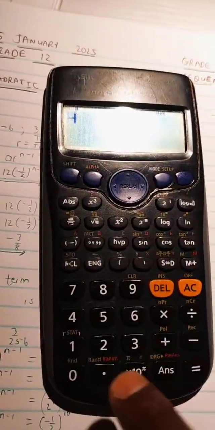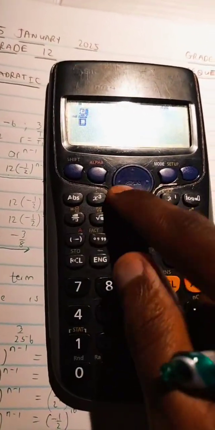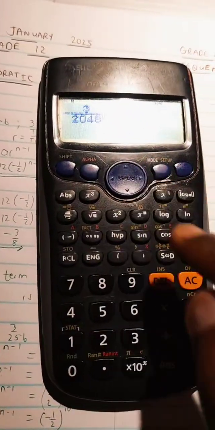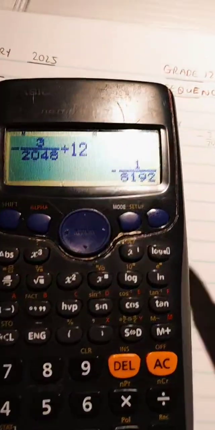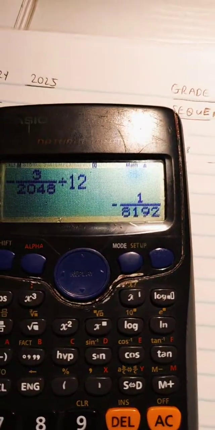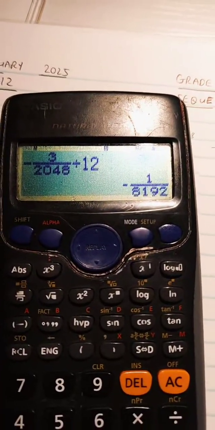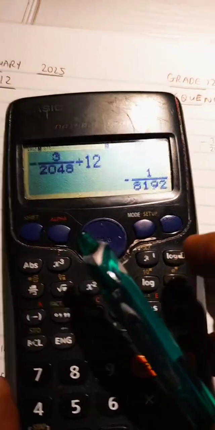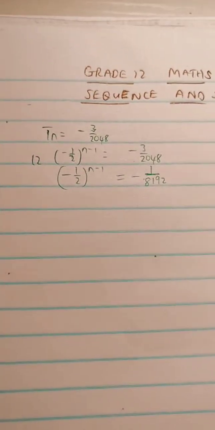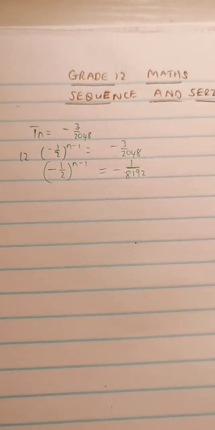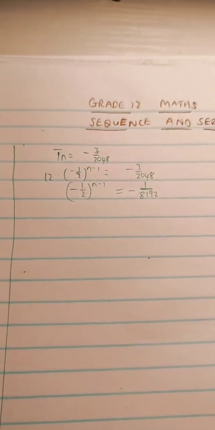So that will leave us with that. Okay, take your calculator. What happens when we take a negative 3 over 2048 and we divide it by 12? This is what we get. Okay. We get a negative 1 over 8,192. So this is already negative, okay, which makes it very nice because that means we're not going to have